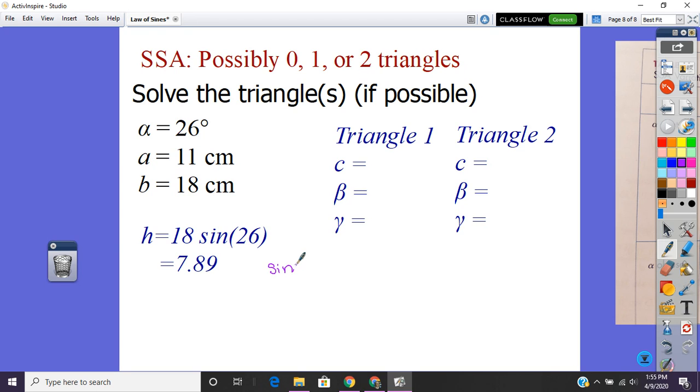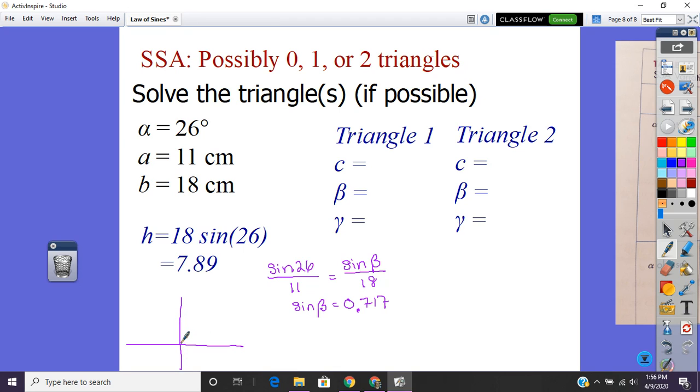So I'm going to have sine of 26 over 11 equals sine of beta over 18. Then I can do my cross multiply. I'll end up with sine of beta equal to 18 sine 26 divided by 11. So I get sine of beta to be 0.717. If you're recalling the previous chapter, chapter 5 stuff when we were solving the equations,